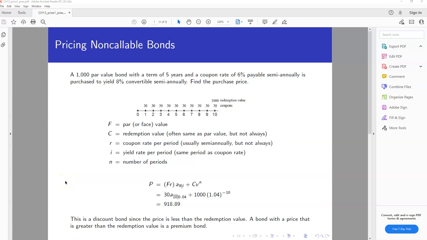In this video, we're going to talk about pricing non-callable bonds. A corporation, a government, an educational institution might issue bonds as a way to borrow money. They will issue them or sell them to investors who will pay a certain price for the bond. Then the issuer will pay interest payments, usually referred to as coupons, to the investors in